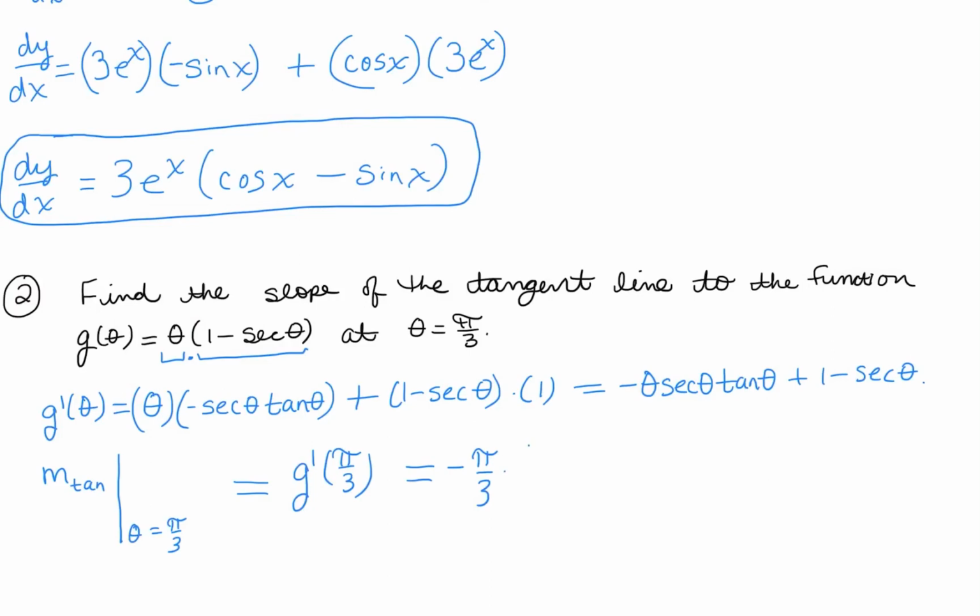Well, in order to evaluate secant, I'm really going to need to think of it as 1 over cosine. So I'm going to go ahead and just write it that way. So 1 over cosine of pi over 3. And probably the same thing here, breaking down tangents and thinking of it as sine over cosine of pi over 3 in both of those. And then plus 1 minus, and once again, secant, I'm going to think of as 1 over cosine of pi